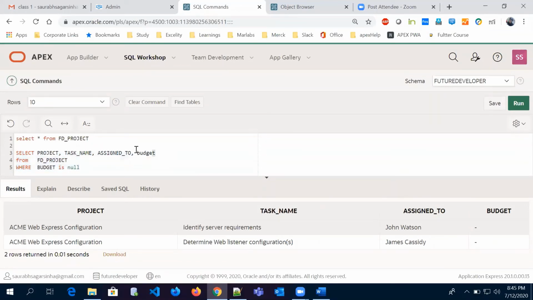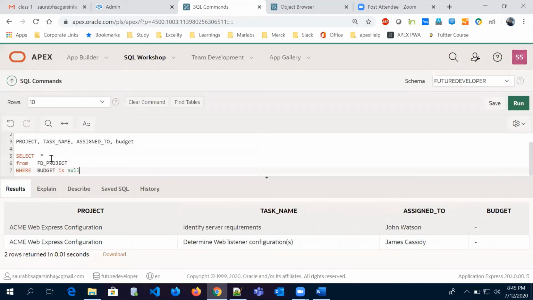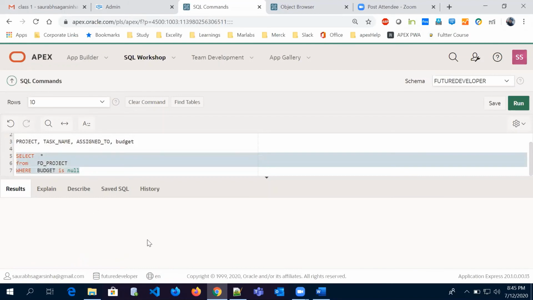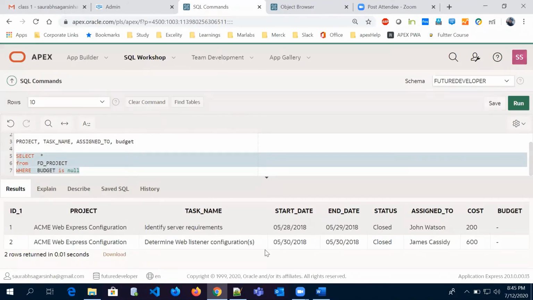So instead of writing the whole column name, I'll write select star. Okay. So I'll be doing select star from project where budget is null. So what will happen? I'll get all the columns of these two rows only, because here only budget is null.